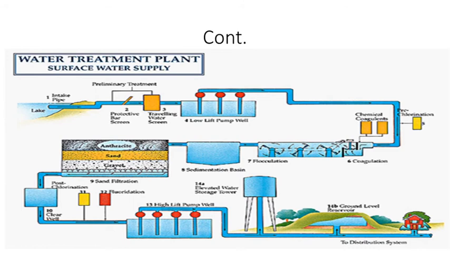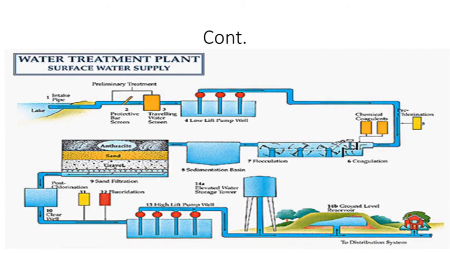So you can see the filter: first the anthracite filter, then the sand filter, and then the gravel filter. Basically, there are two filter media here, the anthracite and the sand. Anthracite is nothing but charcoal, or you can say activated carbon. After that, the next layer is sand, then gravel, and then the drainage system, which is used for the collection of the filtered water.